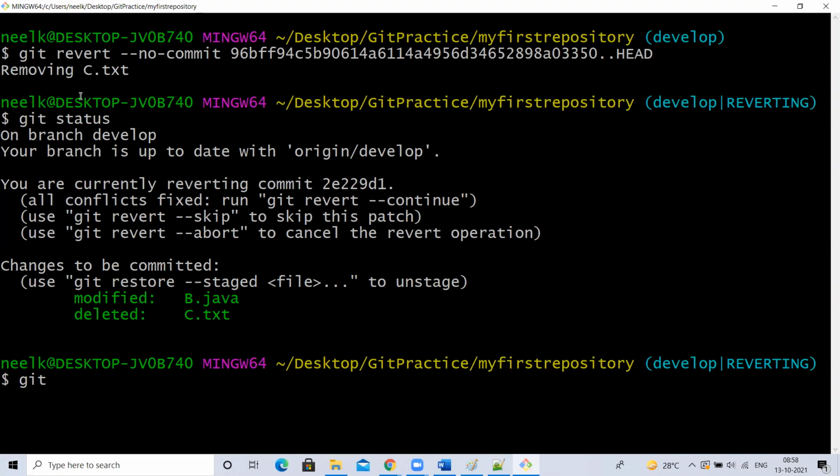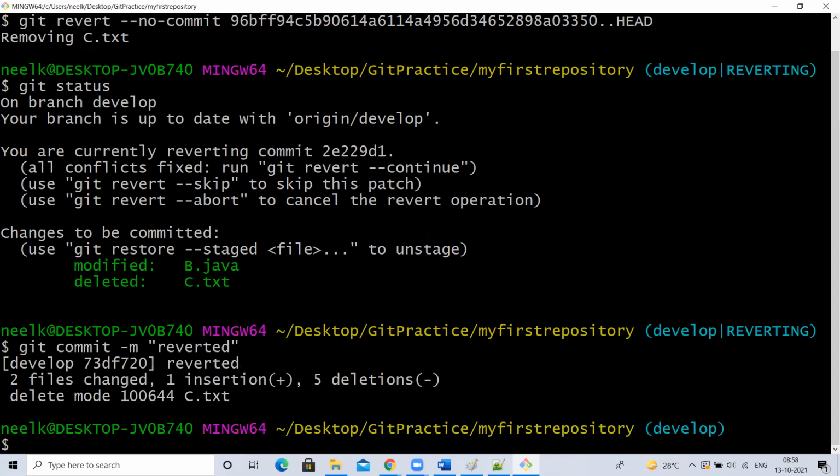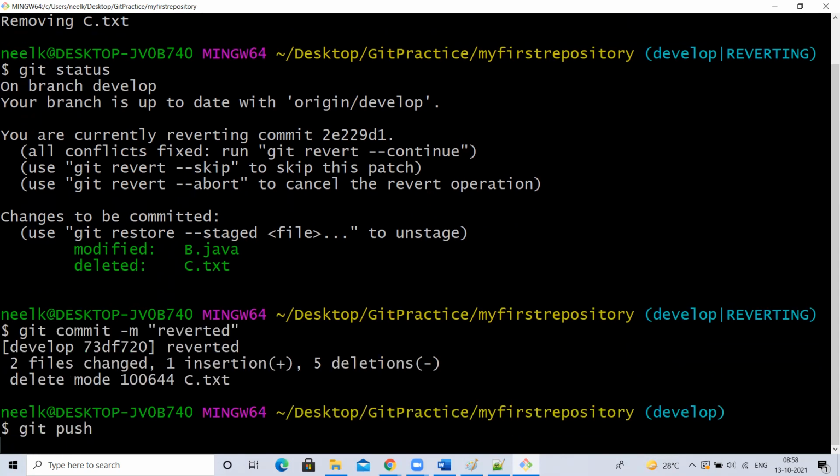But here I'm going to previous changes. Means I'm undoing the changes. Right? After undoing the changes, it has undone. Now I want to commit the changes. Commit -m. You have to commit here because it just removed the changes. Now I want to commit the changes. Reverted. And push it. So as a 9th commit, I'm pushing the changes. What, Vaishnavi, have you understood?